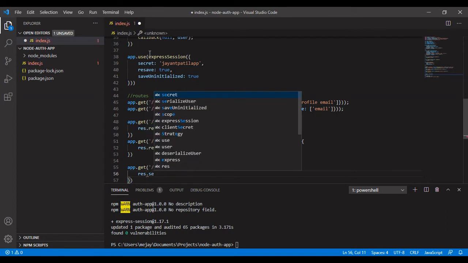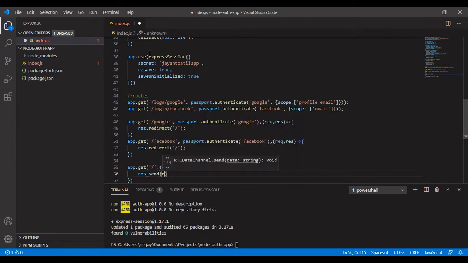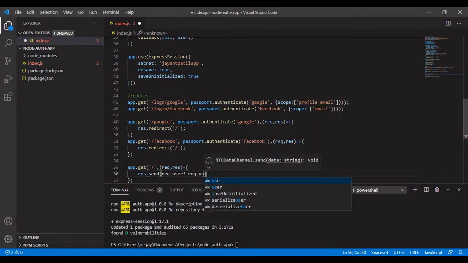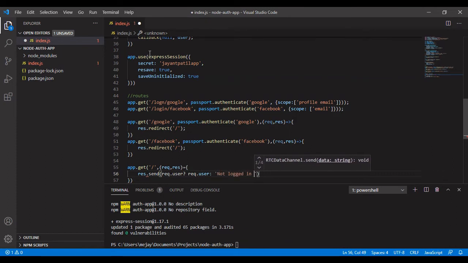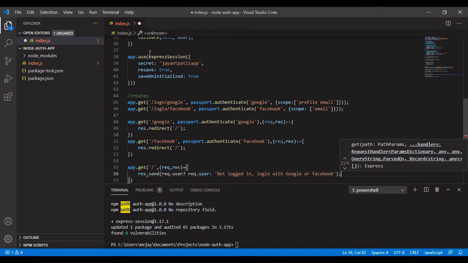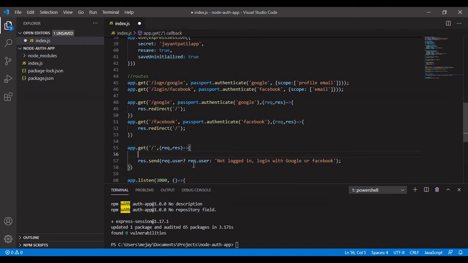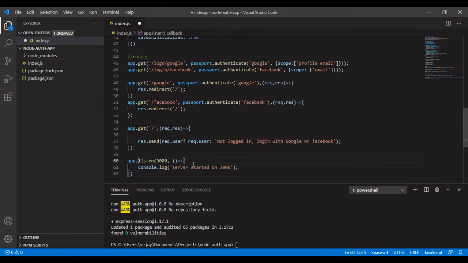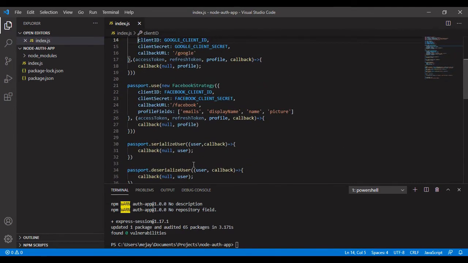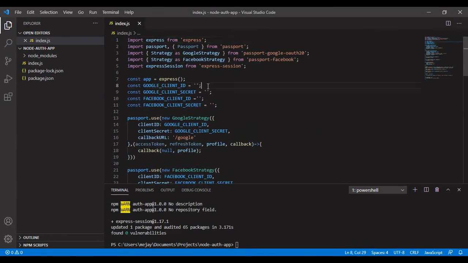So here we can check a request object because there we'll get all the data, and while sending response.send we will check request.user because that value will be available in that request.user object. So request.user will hold all the object, and because you can see serialization and deserialization, we'll get data from that callback function. So here request.user will get mapped, and you can see here we can check if user is there, then it is logged in, or you can say not logged in, you can log in with that.